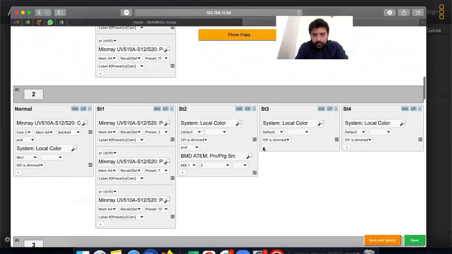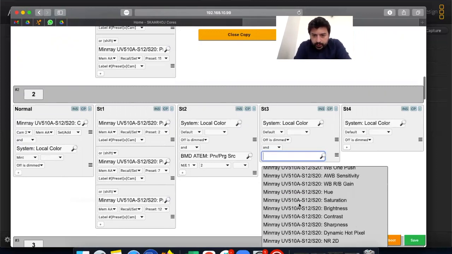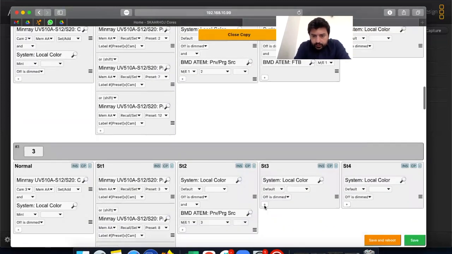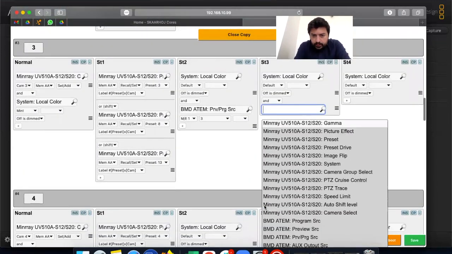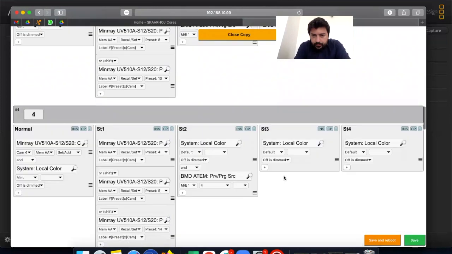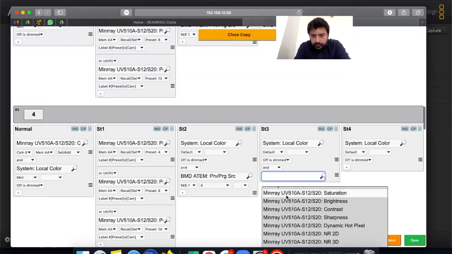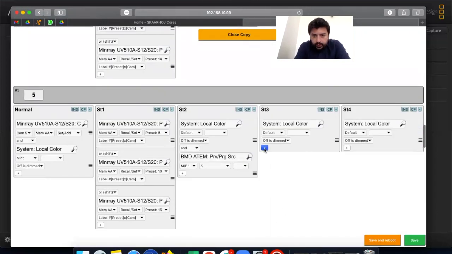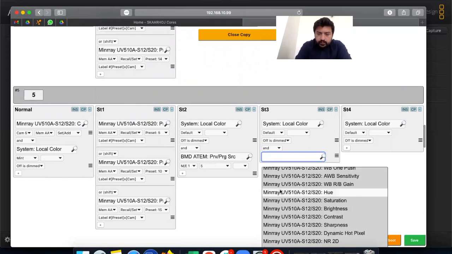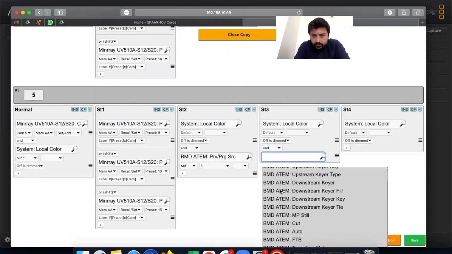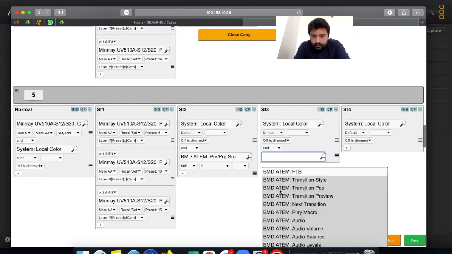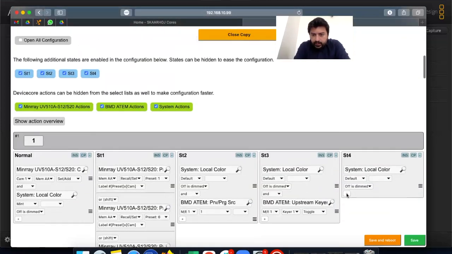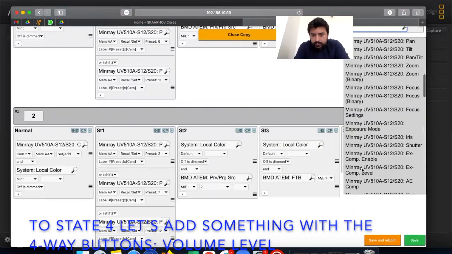Now button 2. What can I add? Let's say fade to black. And for this, I can add cuts. Let's give auto this time. Okay. And let's give transition style. Okay, nice. And the next state, let's add something with the 4-way buttons, maybe volume level,